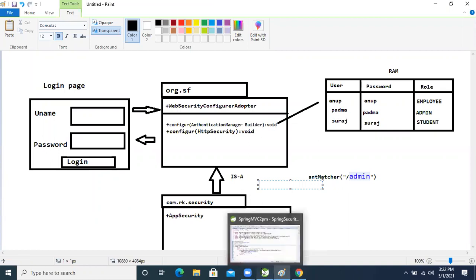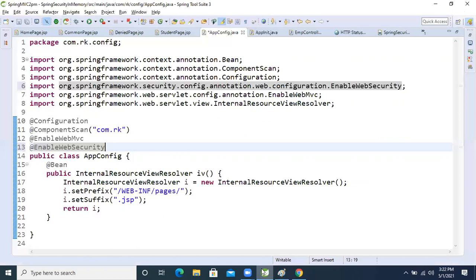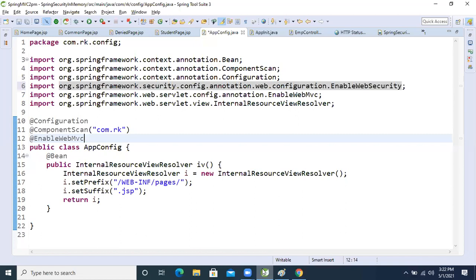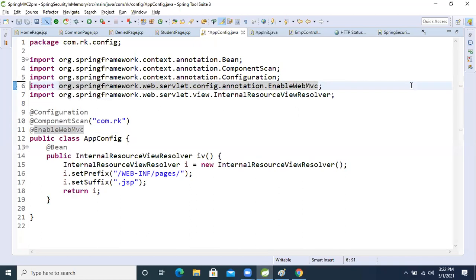Can I write in this class or in a separate class? Okay, do one thing. I'm writing another class, and inside that class I will write the security logic. Then we will achieve modularity.